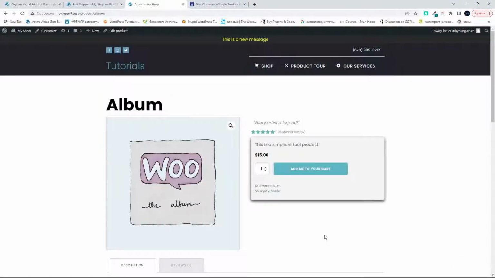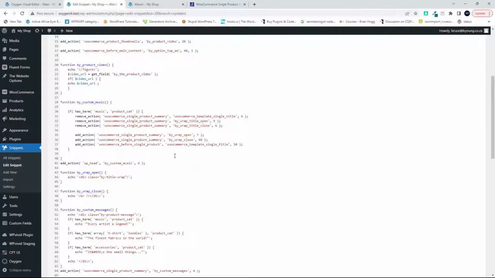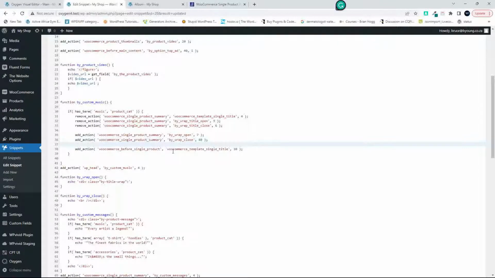Something else that we might want to do, we could also wrap the album with some styling. Maybe we could even wrap it in the same styling that we have here. So to show you how we would do that, I'm going to head back here to my snippet, and here we have the single title. So now I'm going to copy that, paste that in there, and now I'm going to copy my wrap open, put that in there because this is all linked to before single product now, and I'm going to put that at number 8,